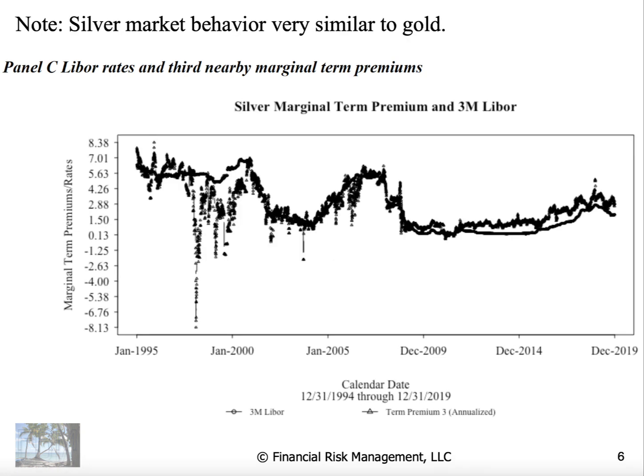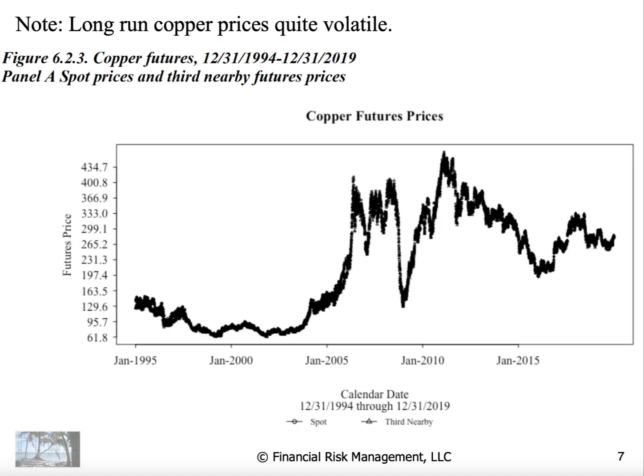We now turn to examining the silver market, and we notice a very similar pattern. That is, there's disruption in this first 5-year window, and then the marginal term premium tracks the LIBOR rate much more closely. So perhaps the market was not fully arbitraged back then, but became so, because this is a human science.